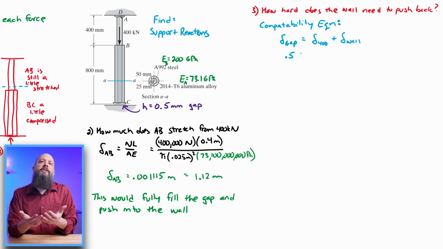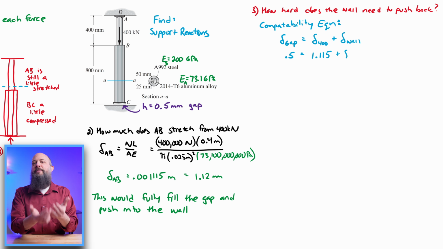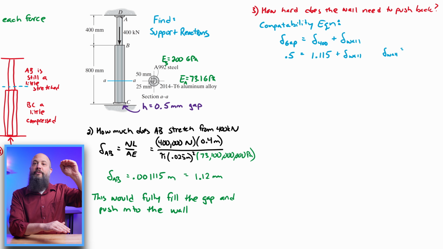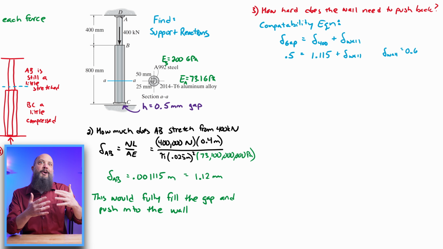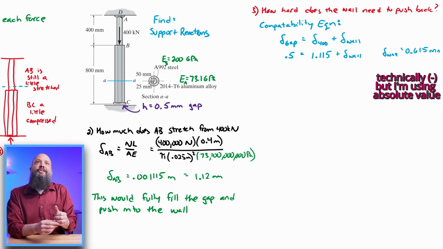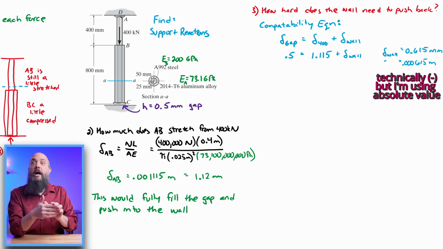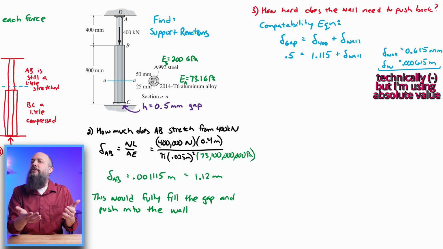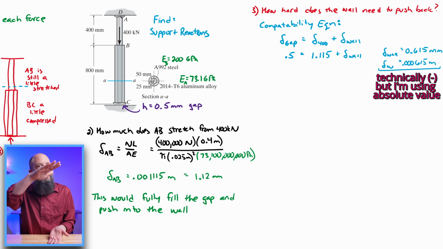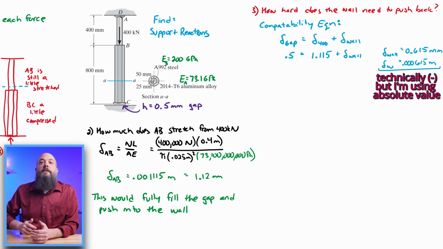In this case, what we are saying is the 0.5 millimeter gap is going to be equal to the amount of gap caused by the 400 kilonewton force plus the amount of gap caused by the force from the wall. And since the force from the 400 kilonewtons was more than 0.5, this tells us that the change in length due to the wall will be a negative value. That force is going to be pushing upwards in compression to reduce the overall change in length. So this